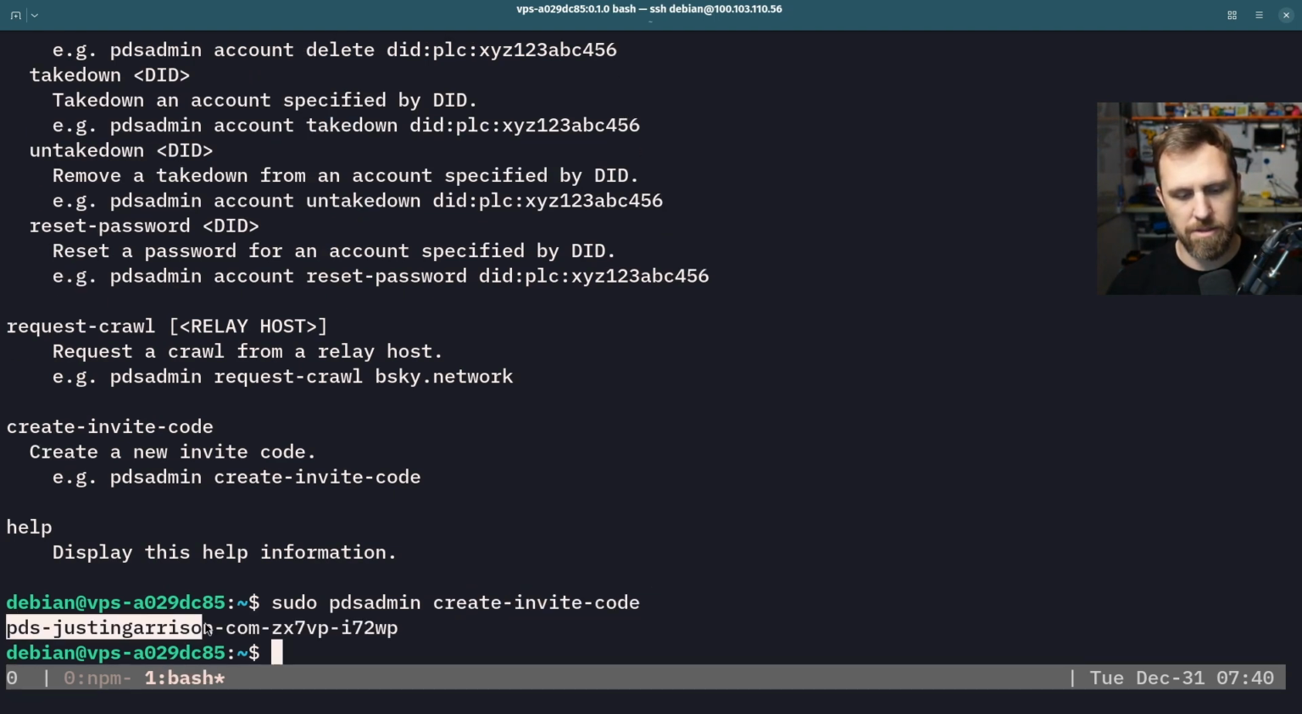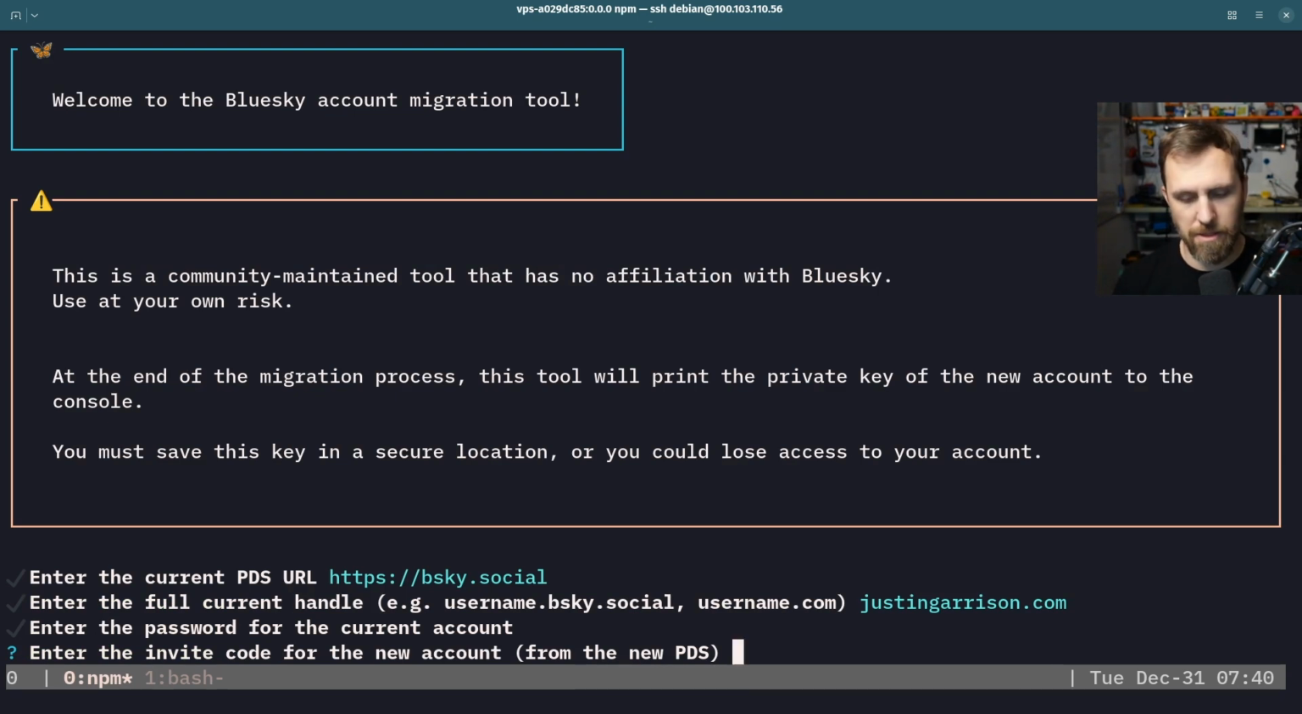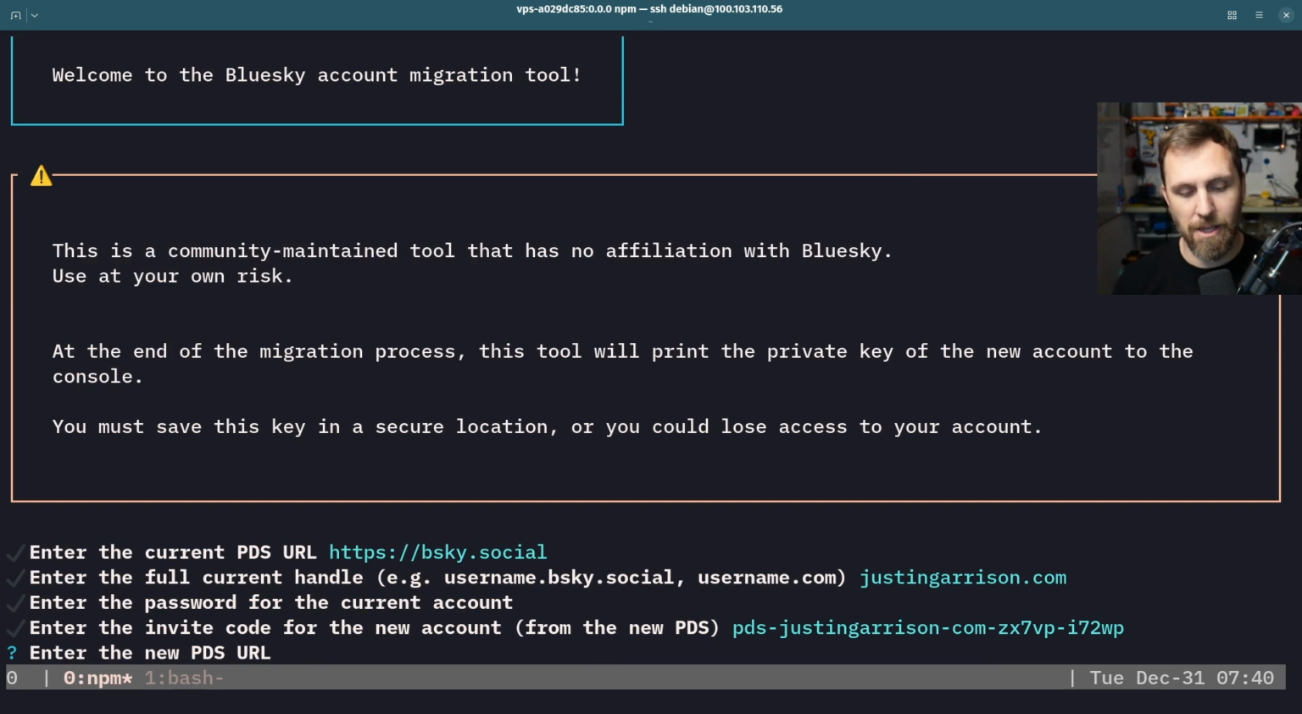Let's grab this. Very handy to have tmux at this point. So just switch back and forth between those tabs. Enter the new PDS URL. I'm assuming I need the HTTPS because they had HTTPS here. So